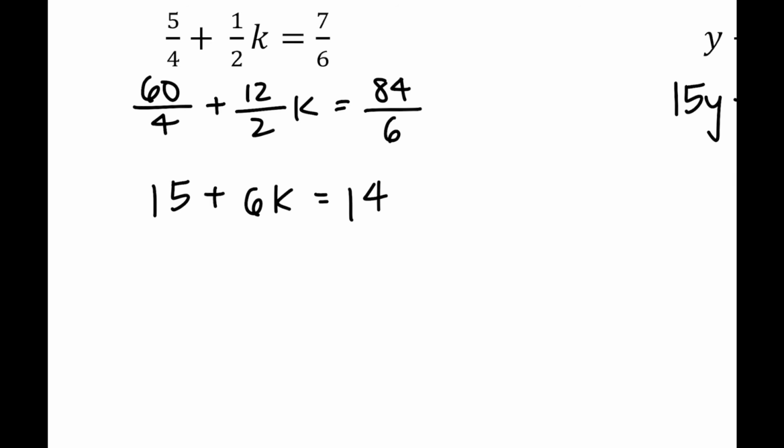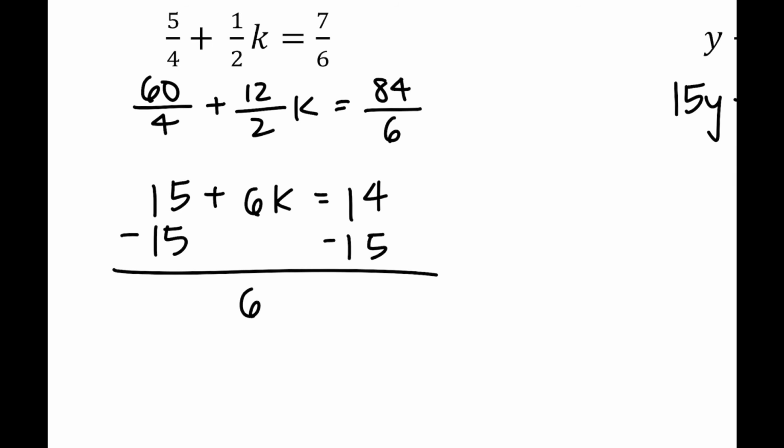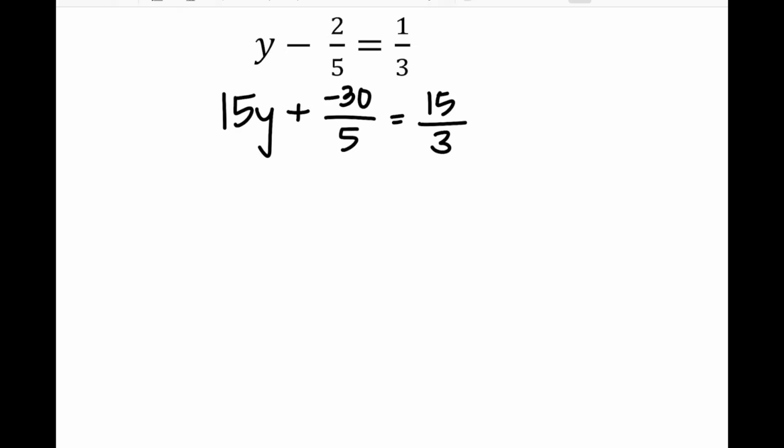Then using inverse operations, now I have all of these nice integers. I end up getting that k is equal to negative 1 divided by 6, or negative 1/6. This is okay to get a fraction as an answer. That means that this is just the number that you have to plug into k to make the left side equal the right side. So simplifying, bringing down 15y,